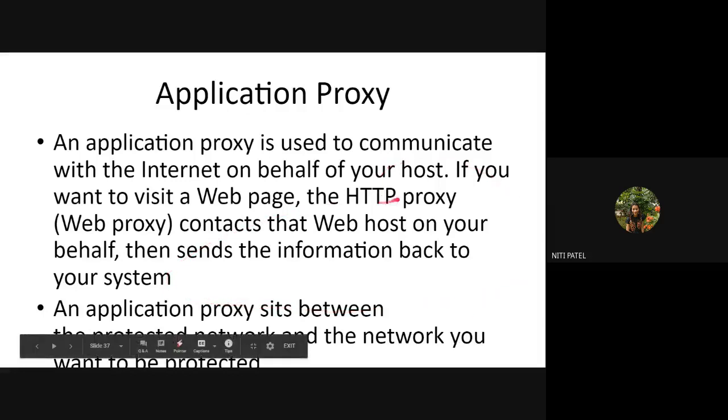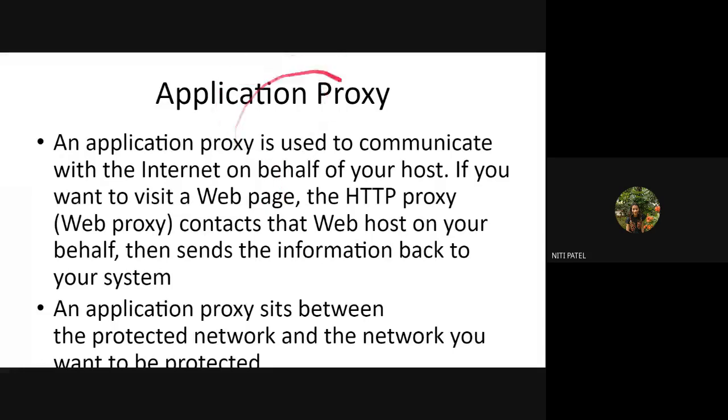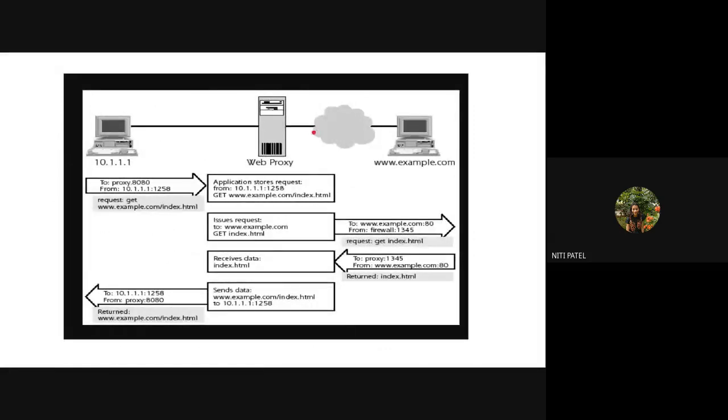So whenever I use HTTPS, or whenever I make any request to a server for any particular web page, and it is getting connected to an intermediate proxy, what is that intermediate proxy called? It is called an application proxy. So the proxy in the diagram over here is nothing but the application proxy, or it is also called a web proxy. Why? Because the request which was coming from the client end to the server was a request for a web page. What was that web page? https www.example.com.